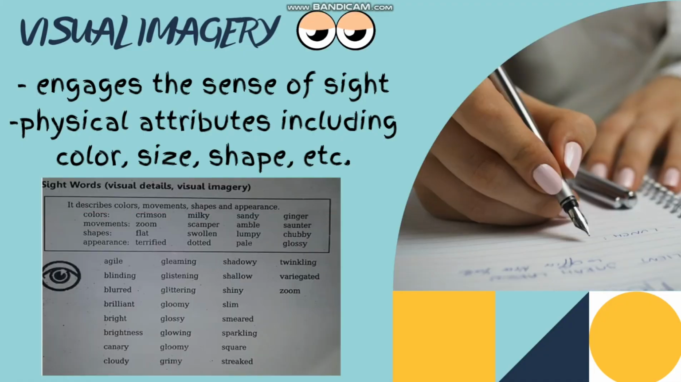Visual imagery engages the sense of sight. Physical attributes including color, size, shape, etc. So these are the words which are examples of visual imagery. Next, we have